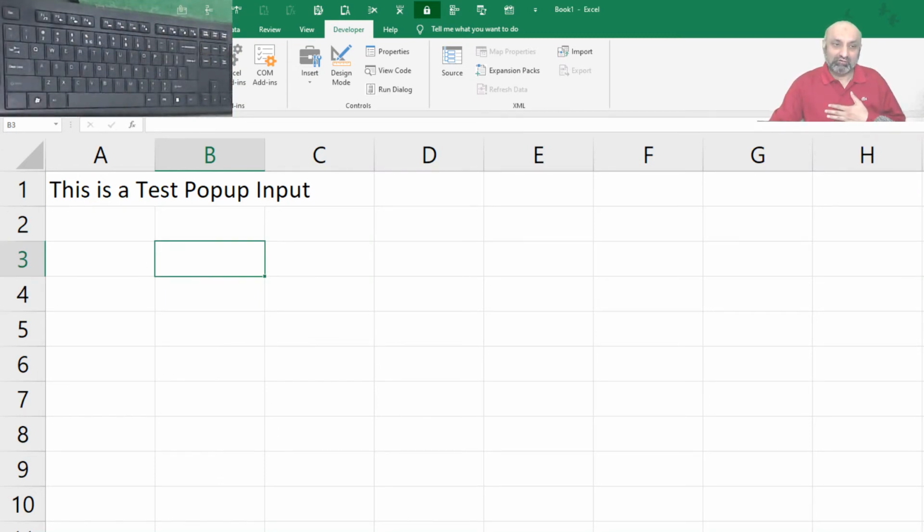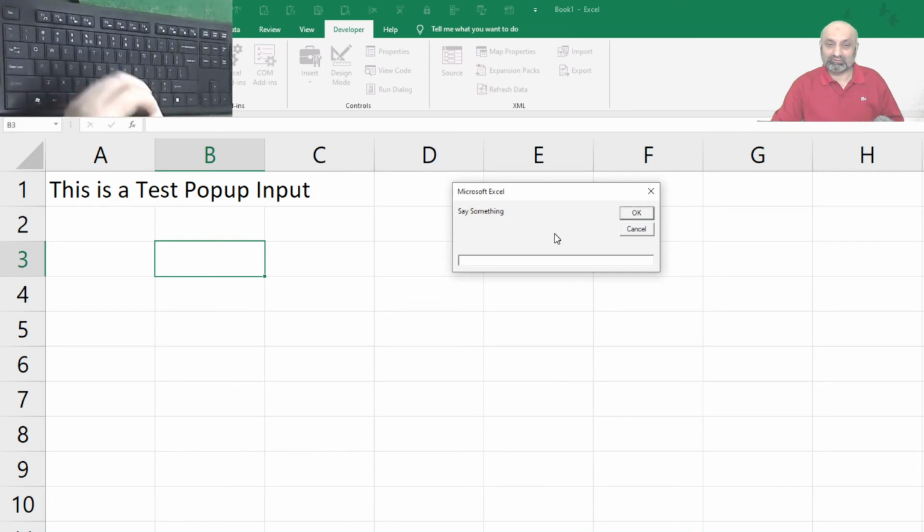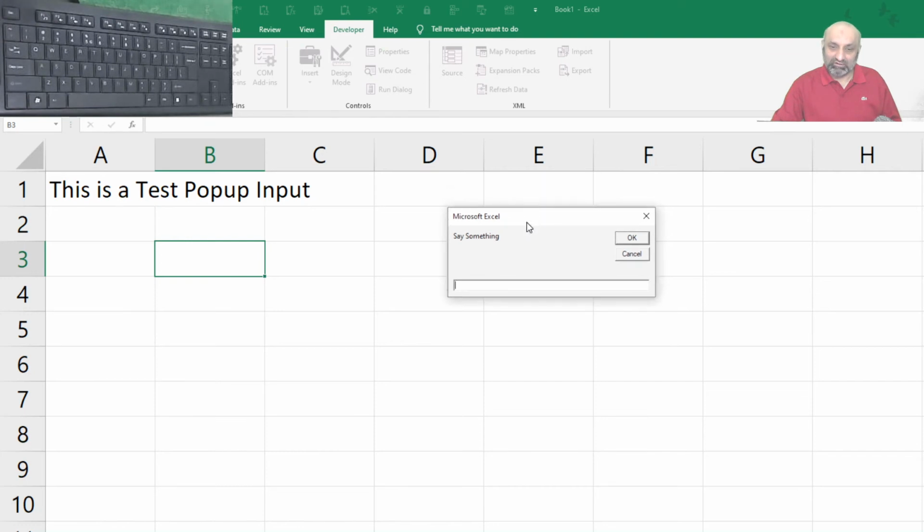Our user is going to enter his or her input in this input box, and that input will be saved wherever we want to save it, either in a variable or directly into a cell. So this is how this window works.